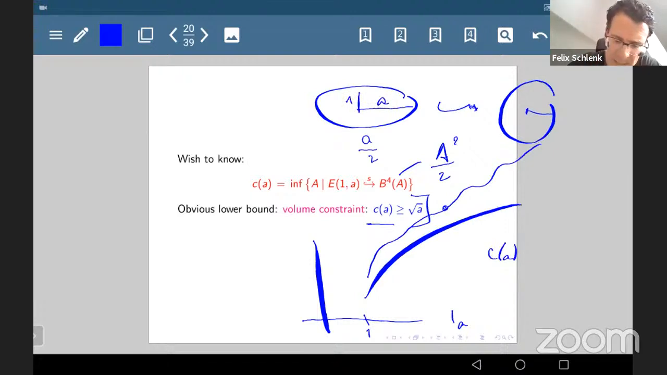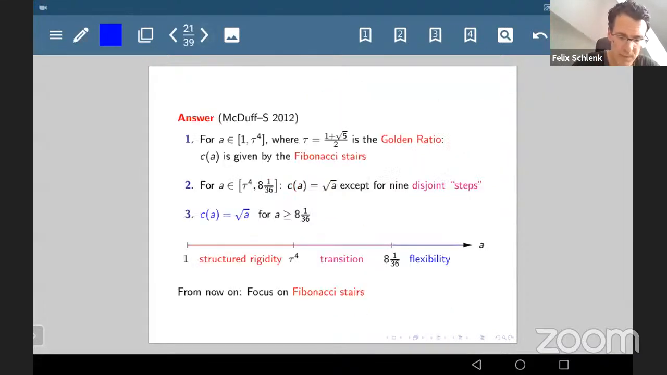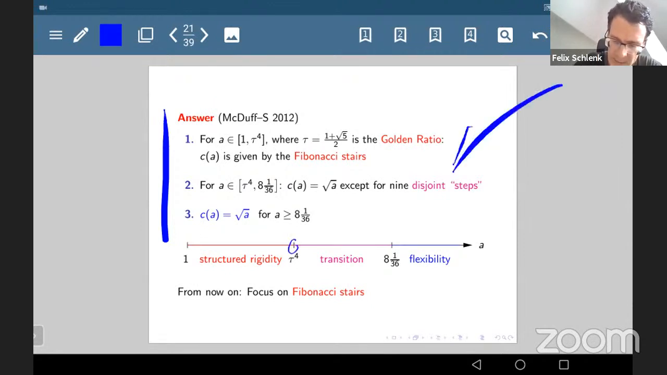But this A is not the radius, it's pi radius squared, because only surfaces, areas make sense in symplectic, not radii. Okay? And this function is known. I worked it out with McDuff some time ago, and it has 3 parts. Until golden ratio to the 4, there is an infinite staircase that I will come back to, until tau to the 4. Then there is a zone of transition with 7 steps, and then the answer is simply the volume